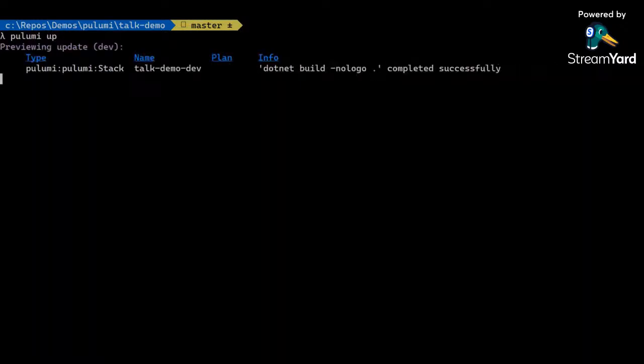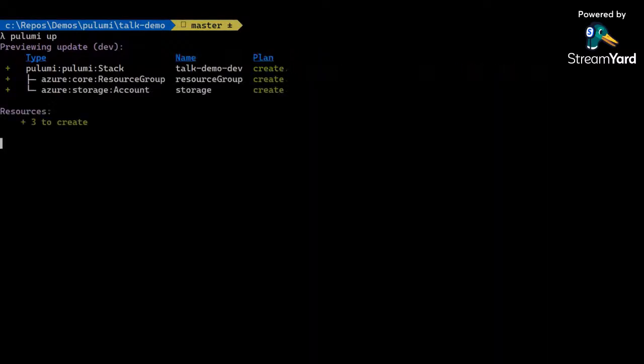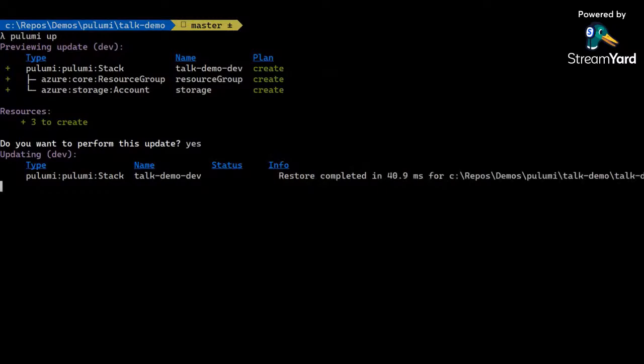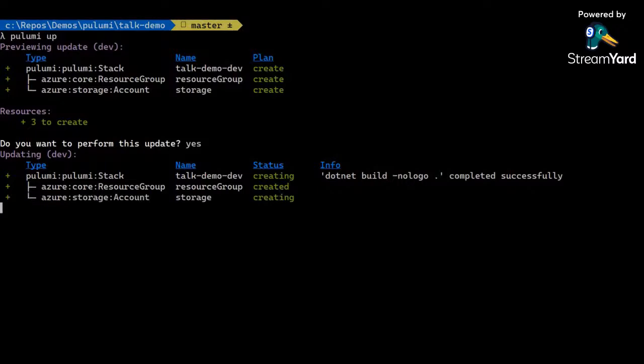So once I have that, I go back to the Pulumi CLI and I will do Pulumi up. Those of you who are familiar with Terraform, similar semantics, right? Terraform up. Now, what this is going to do is compile the code, run it, and then tell me what it's going to do. So it says that I'm going to create a stack. A stack is Pulumi's terminology for what we would probably refer to as environments. So dev, prod, QA. A stack is essentially the same set of resources, but maybe with different configuration values. So I went ahead and said yes to that.